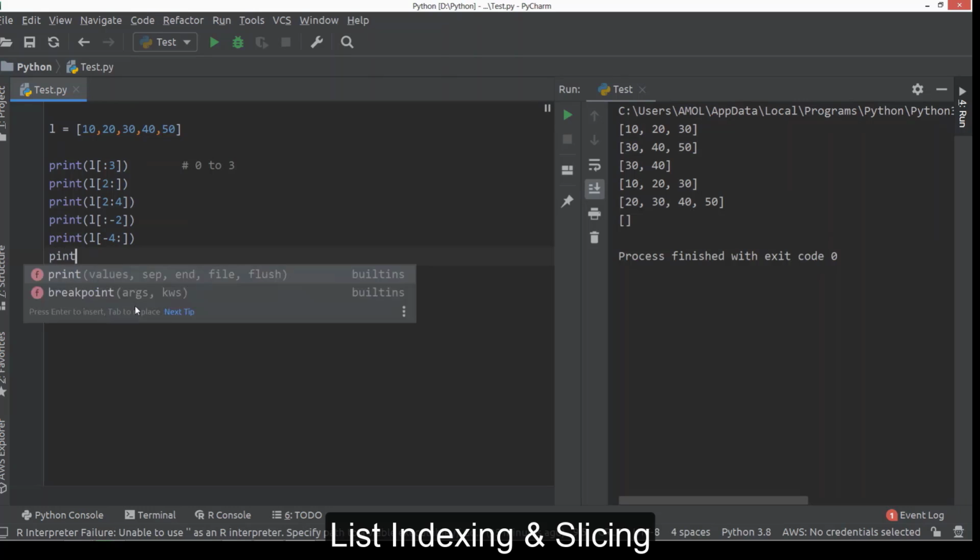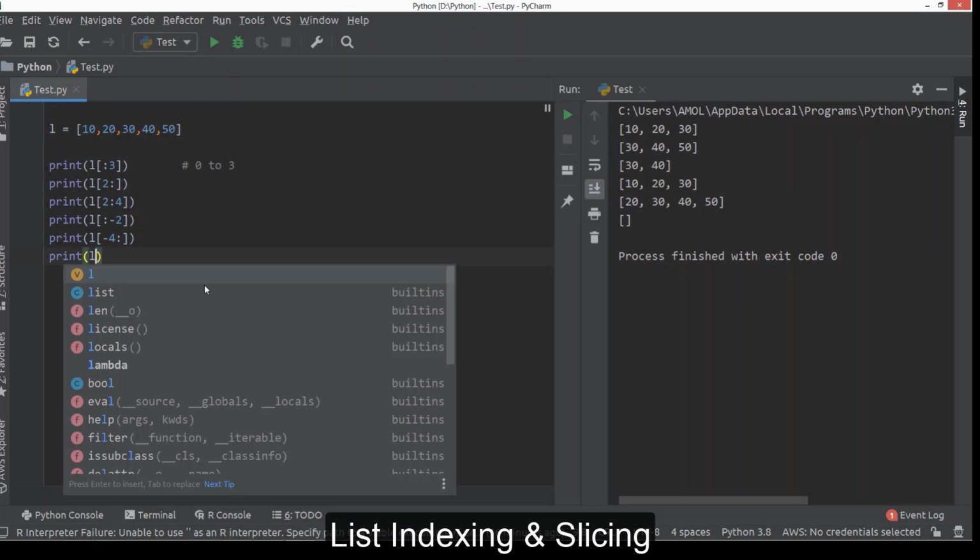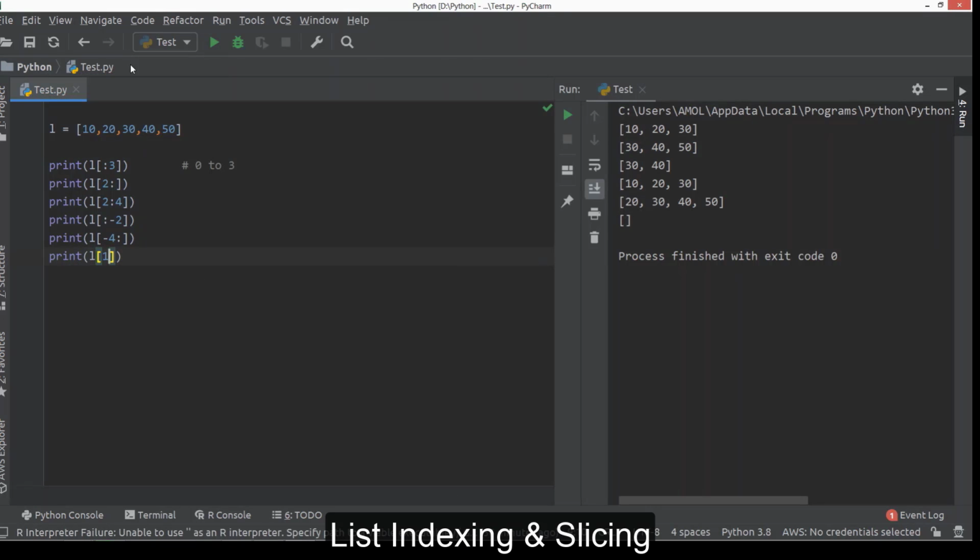Next, while providing a range, we can use positive and negative values together. Suppose I want to access these 2 elements, 20 and 30. So here we can say L. The index value of 20 is 1, so we can say 1. And for 30, if you count from this side, this is -1, this is -2. So here we will provide the index value as -2.